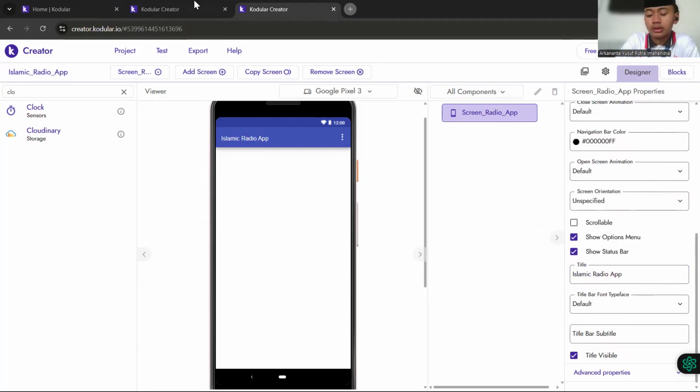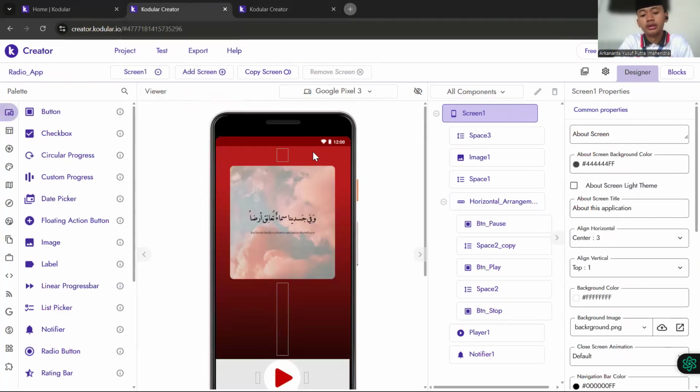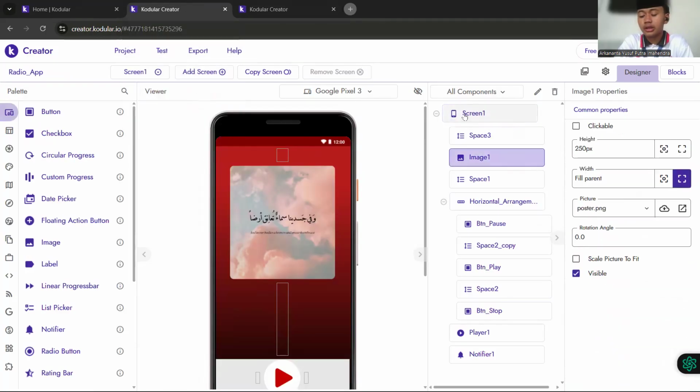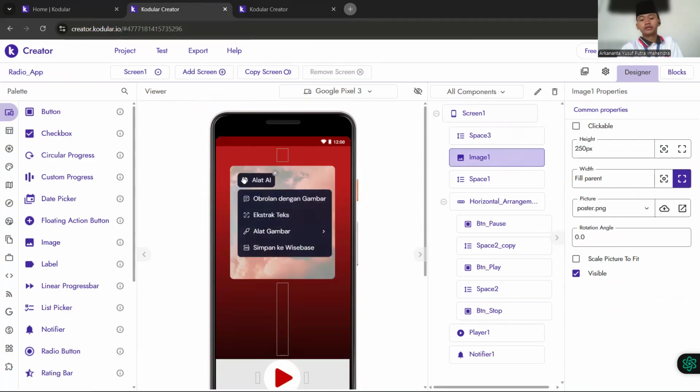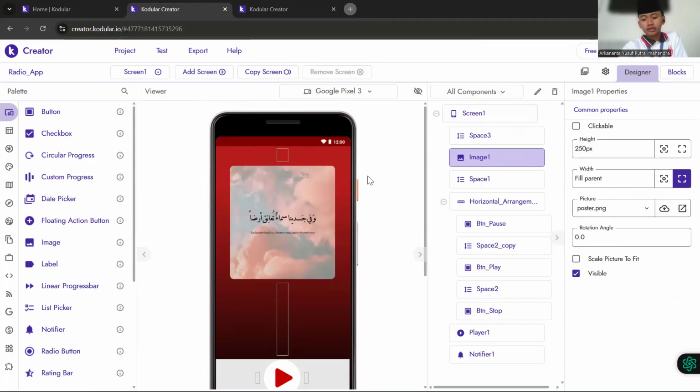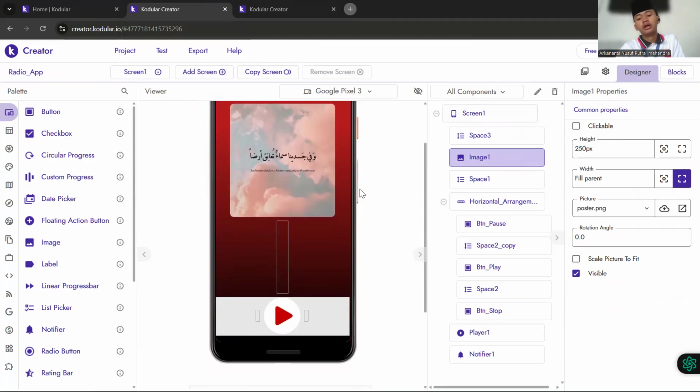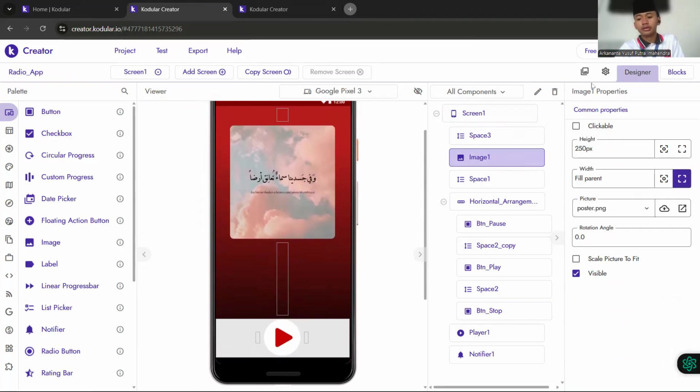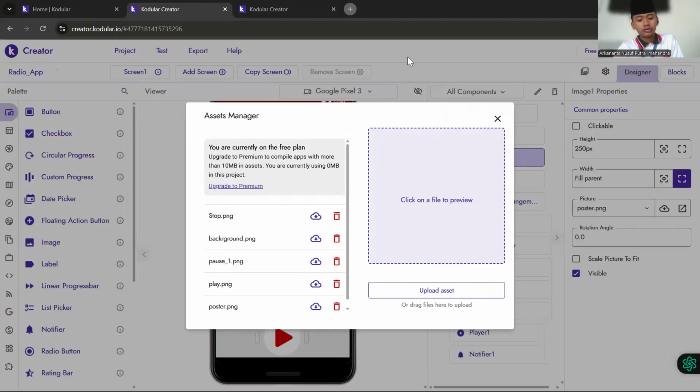Here we can add the assets first, to make the tutorial easier.